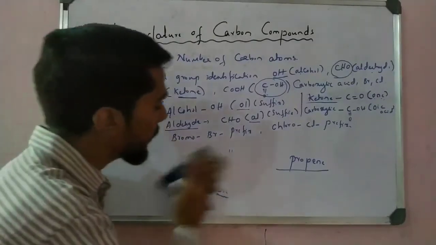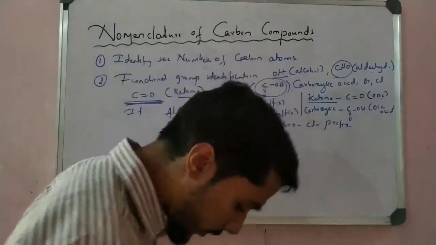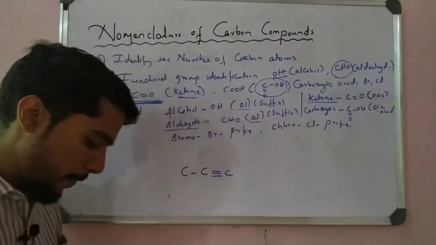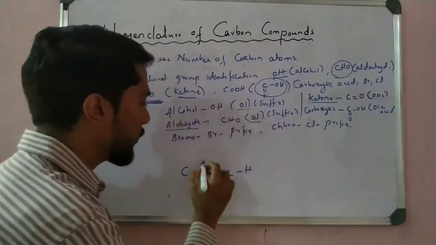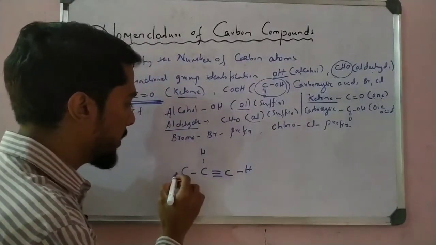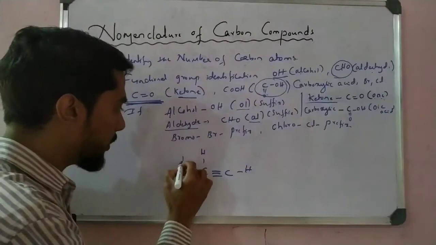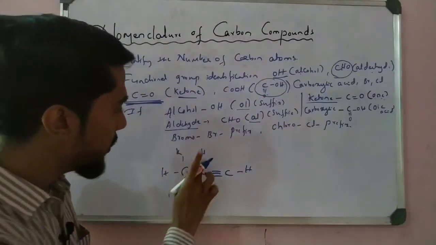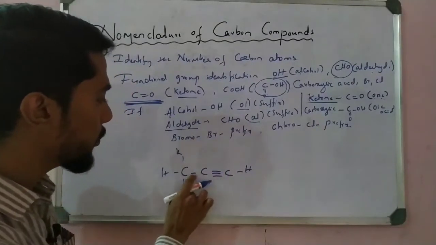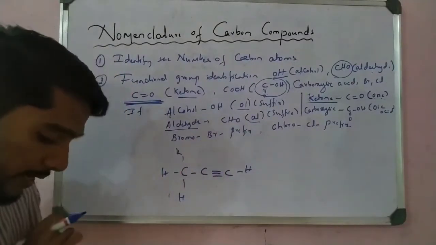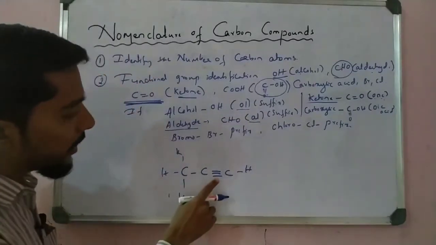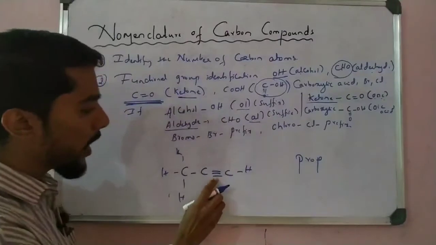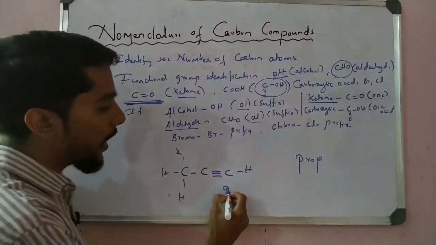The another one is I take C triple bond C, right? So H here, and again H here. This is the compound. Not H required, sorry, 3 plus 2 is 4, 1 is 4, correct? So I can correct. So now name this one. So C, 1, 2, 3 carbon again. So prop, right? Now carbon triple bond means what? Alkyne.